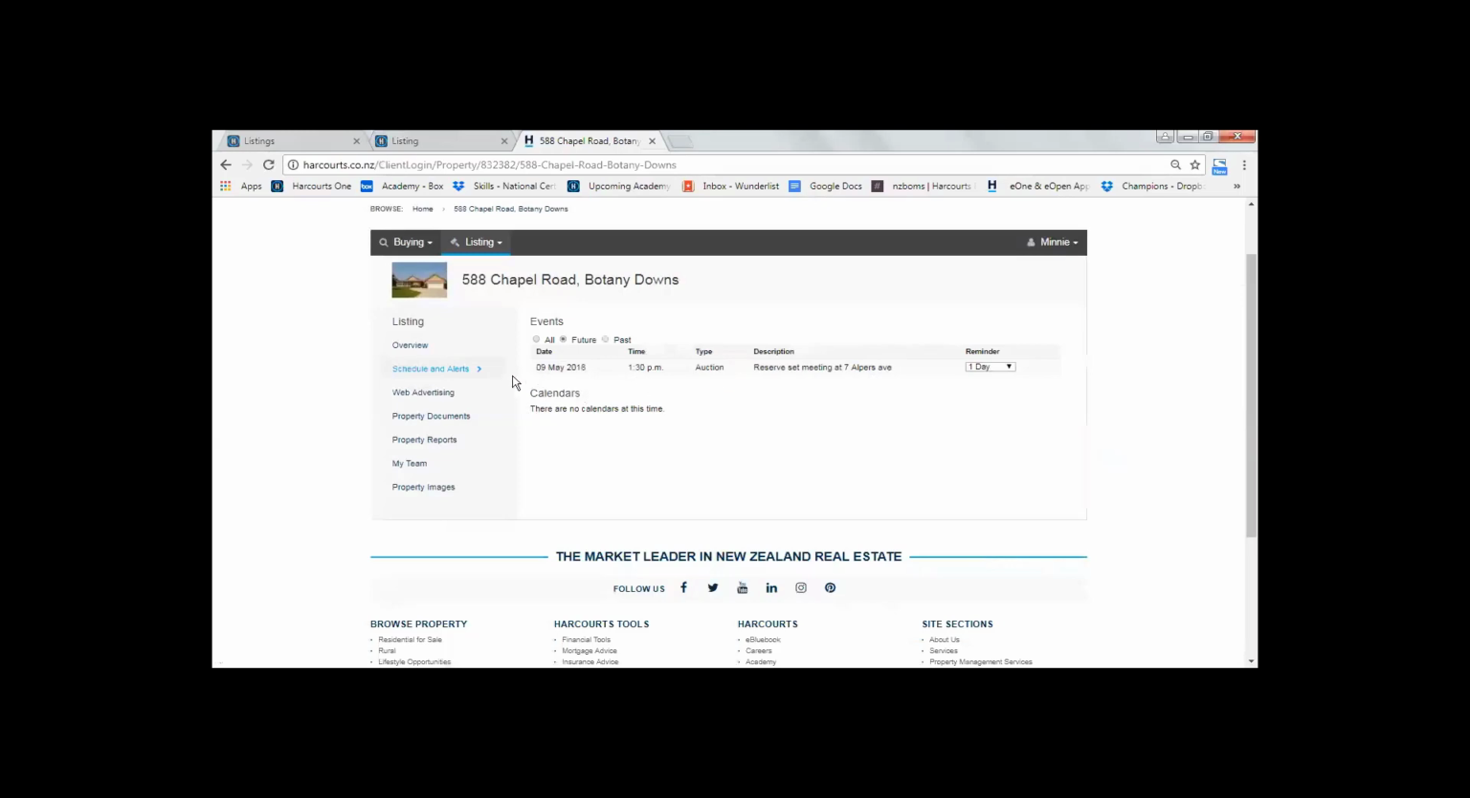So if your client is on client login and you've given them access, they can see that there is a reserved set meeting on the 9th at 1:30 p.m. Further up, the web advertising. So these are the links that we added onto our H1. So your client can click on these links and it would take them to the real estate website where the property is being advertised. And on the right-hand side, under hits, they can see the number of hits they've had